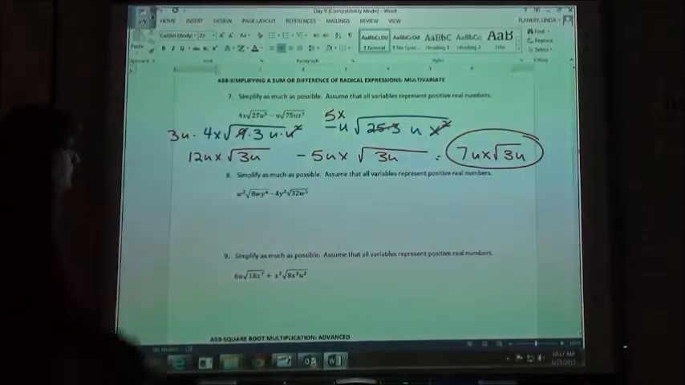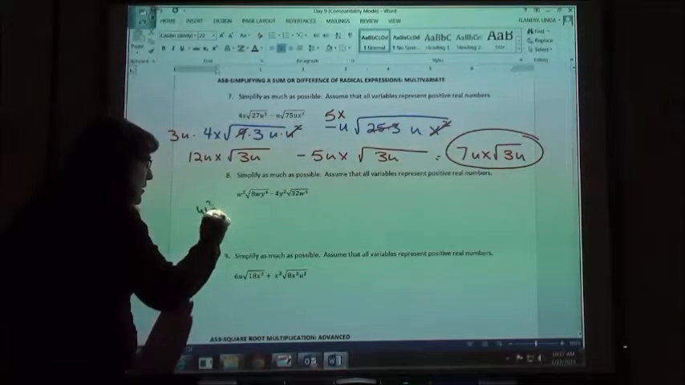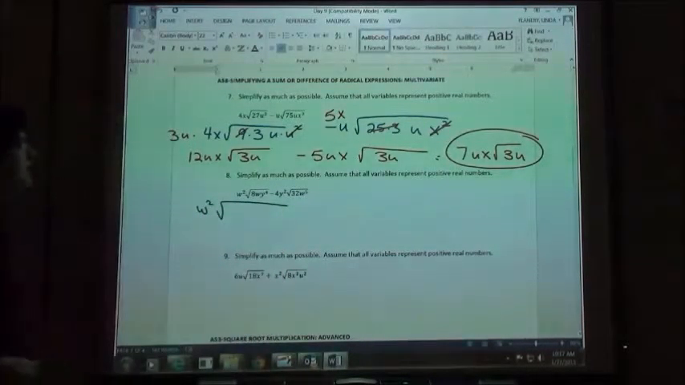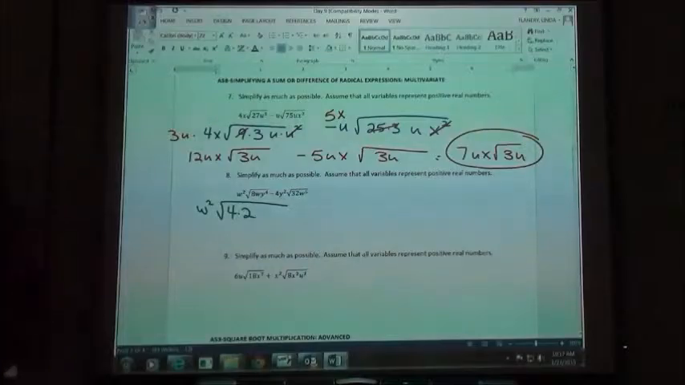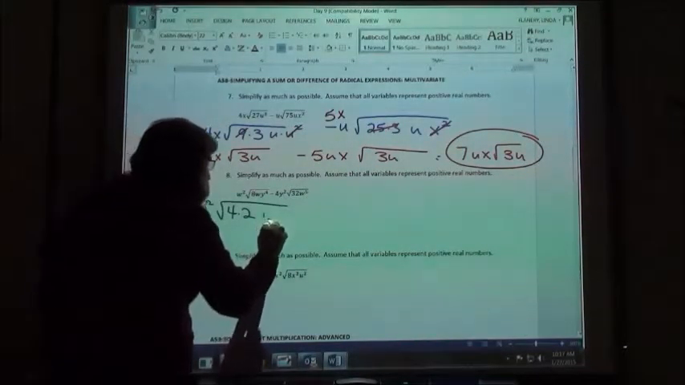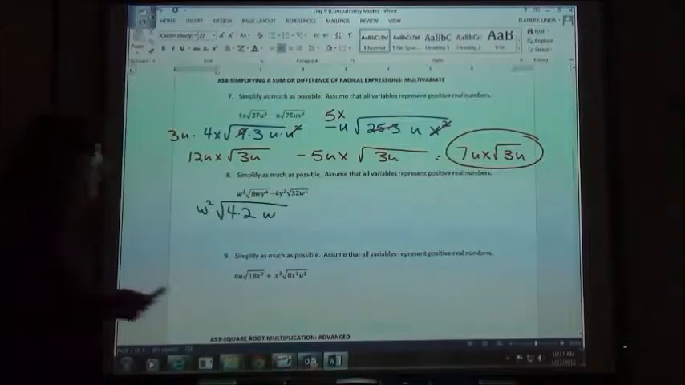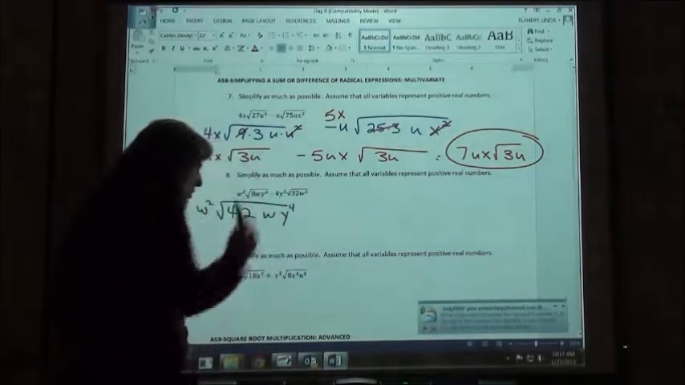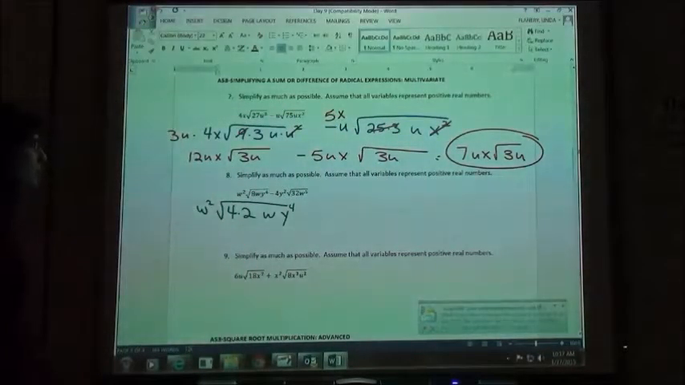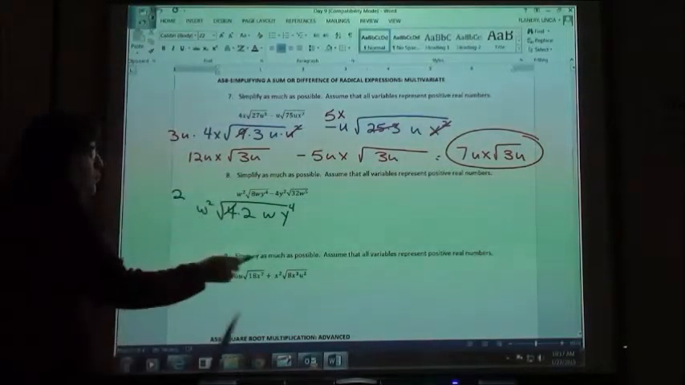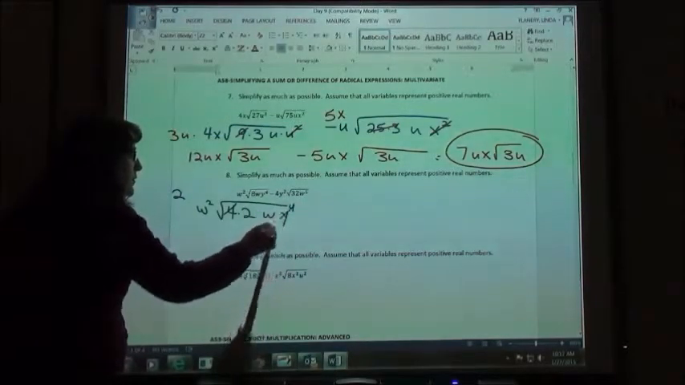So number 8. We've got the w squared in front, and then we've got the square root of 8wy to the 4th. 8 is not a perfect square. Can we simplify 8? Yep. 4 times 2. Again, we can't do anything with a plain w, and the y to the 4th is even, so we want to leave that as y to the 4th, so we can take out our square roots. Square root of 4 is 2. Square root of y to the 4th,